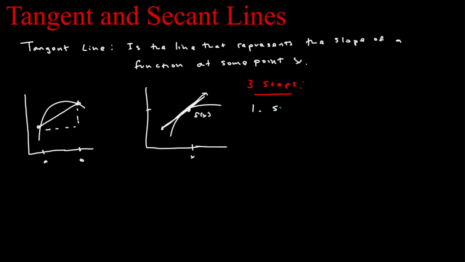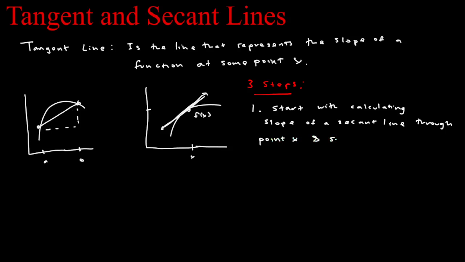So start with calculating the slope of a secant line through this point x and some nearby point